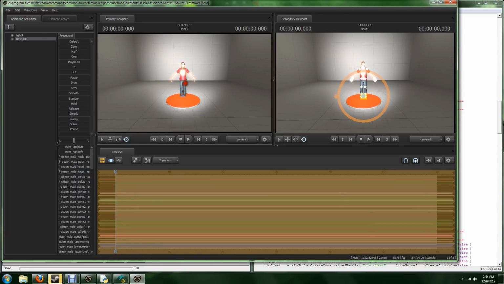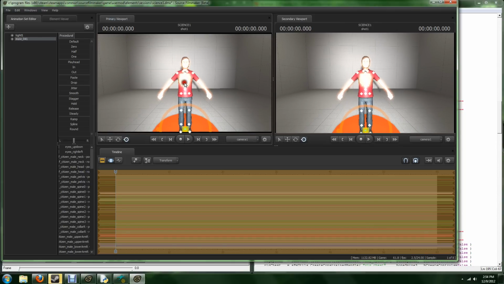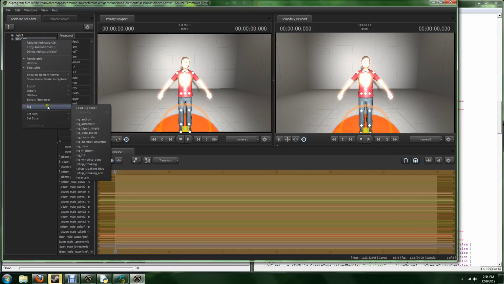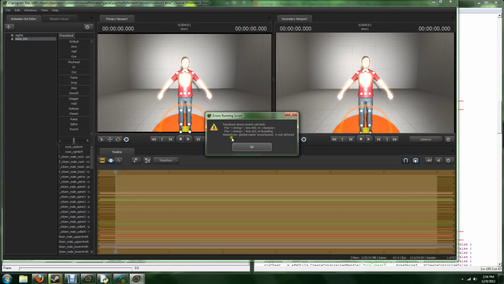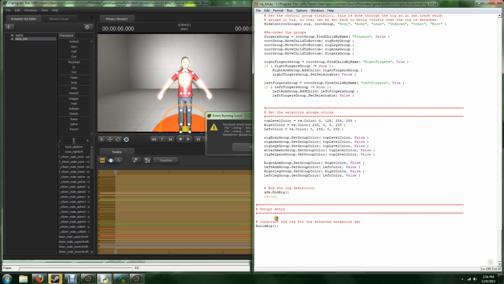Because I know we did this incorrectly, it should crash if I rig toot. Yep. It will give you an error. Ignore the top line, which is line 443, because that's the very end of the program that just tells you to create a rig. See? So, we need to go to line